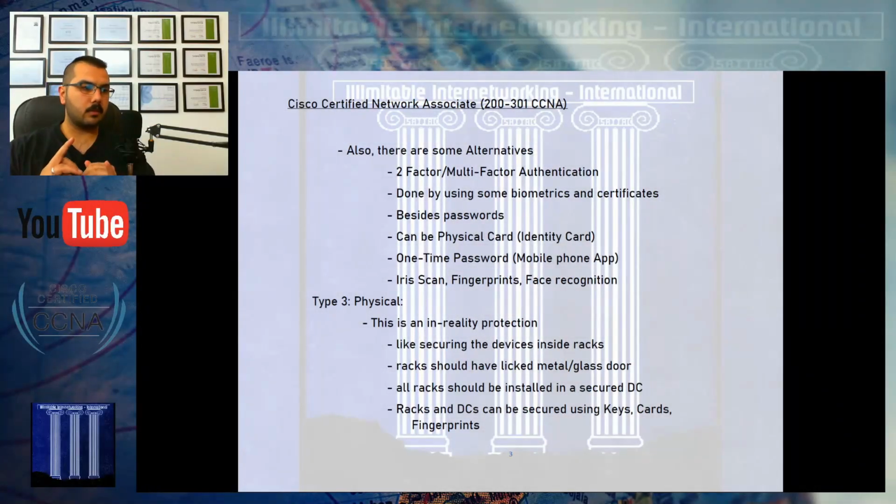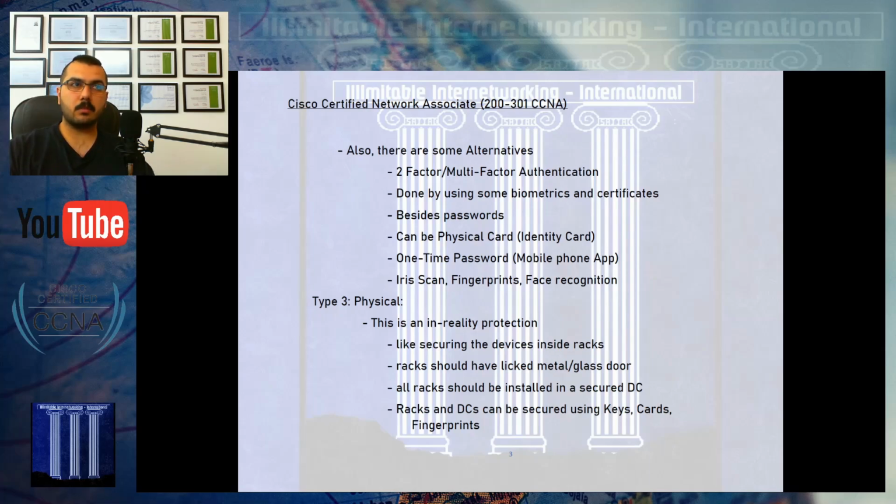Okay, so after the technical mitigation, which was all about designing or picking the correct design and devices for the security part of your network, the second was the administrative mitigation. It had a lot of policies and steps to discuss. Now for the third and final type of mitigation that we need to consider and use, which is the physical